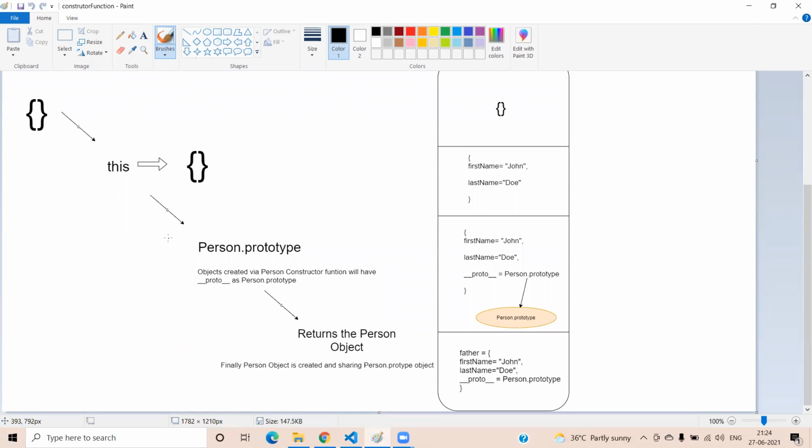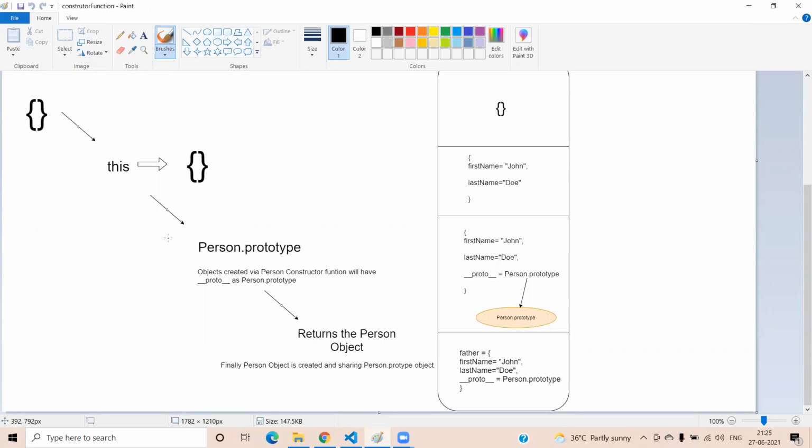So this is very clear. We are already sharing the properties across all the instances by using Person.prototype. Consider this is only one constructor function. You have another constructor function called Student. It has its own prototype and its own properties. Let's say the Student constructor function has to inherit from Person.prototype. In that scenario, we will be using Object.create.